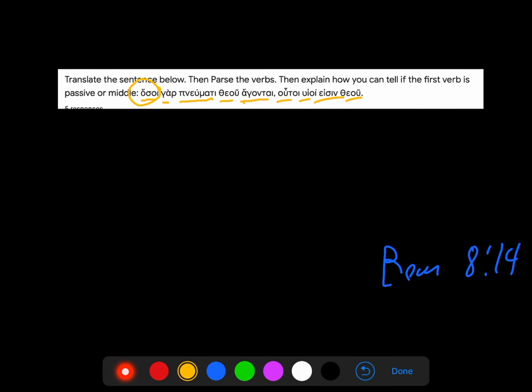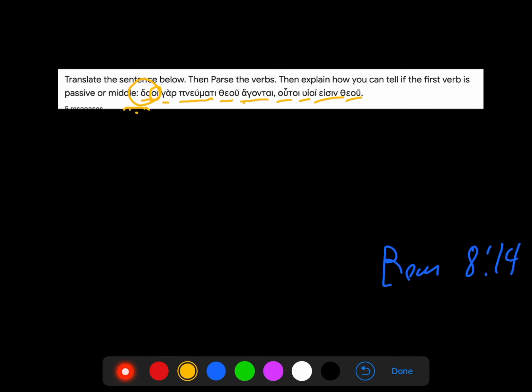You don't learn this until next semester, chapter 22, and you translate this as something like "as many as." So it's a pronoun, and you notice the oi ending here. So the pronoun is nominative plural. So we have a plural ending, and we're going to expect therefore a third person plural verb, right? Because if you have nominative plural